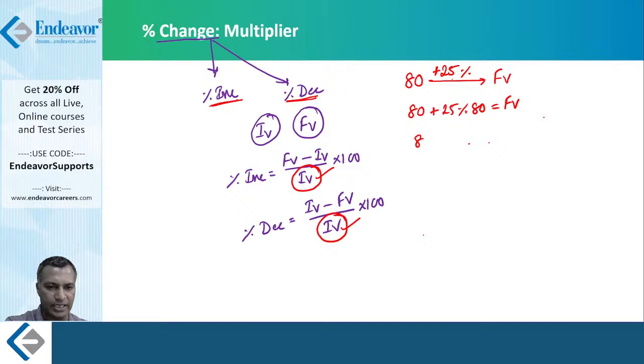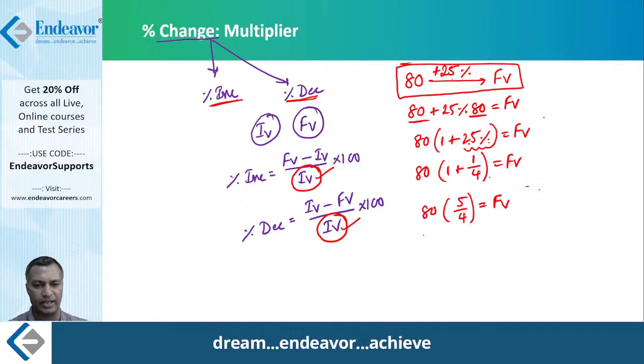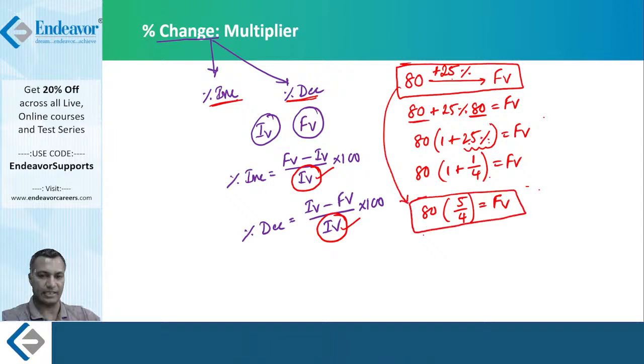My worry is after reading this question, I read this particular question. There is an 80, which I want to increase by 25% to arrive at the final value. Can I write directly this? All right, after reading this, can I write this? If I can write this, then I will definitely be gaining speed and momentum. Naturally, you will be gaining the momentum if you could write it as 80 into 5 by 4 directly.